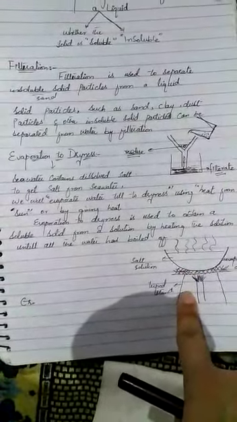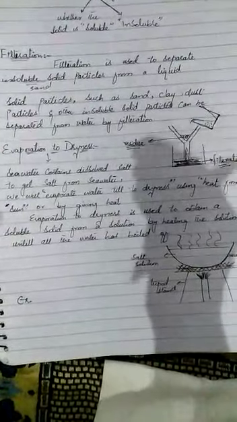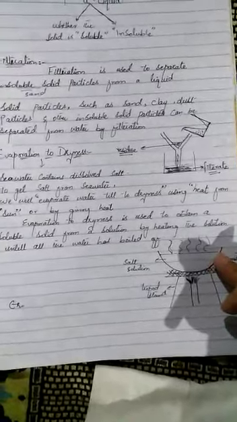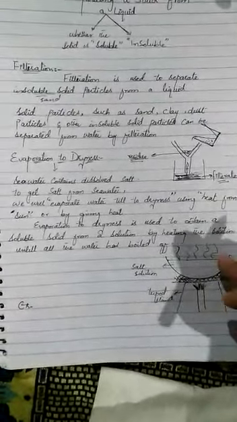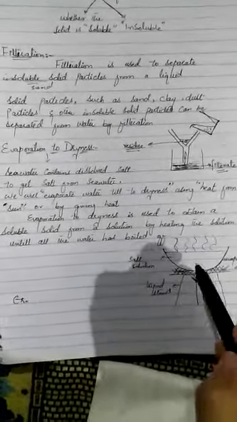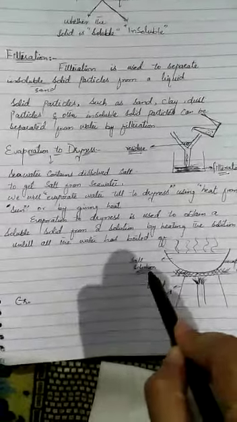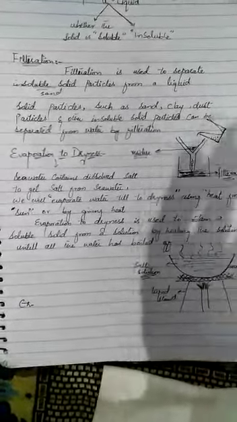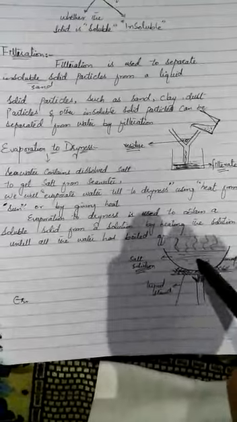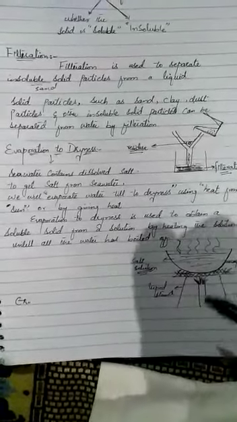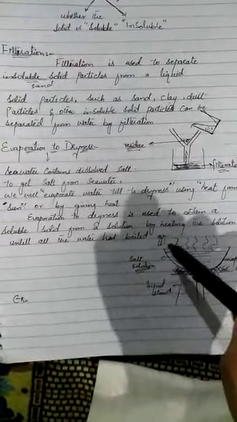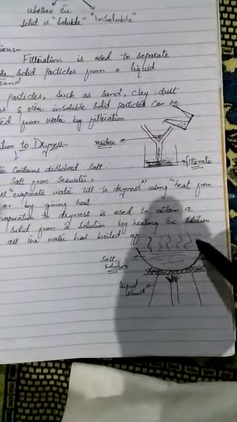This process we can use in the laboratories and at home level. It is a very simple method. We can use the heating method, or the other one could be sun drying, and by this method the evaporation to dryness can happen. What will happen? This is a salt solution, meaning the water contains salt particles that are soluble, not insoluble like sand. We will heat it to the point where all the water will evaporate from the evaporating dish.